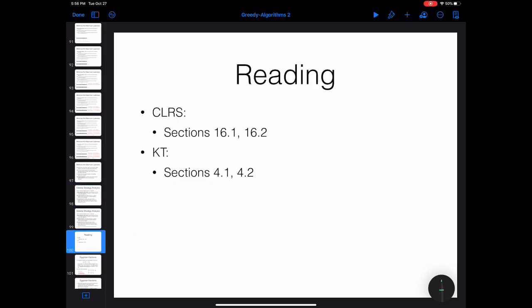Okay, for the readings, these problems that I have discussed here are coming from your textbook, section 1 and 2, and also from the Kleinberg and Tardos textbook, section 4.1 and 4.2. Although I'm going to finish the discussion about the greedy algorithms here, but next week,